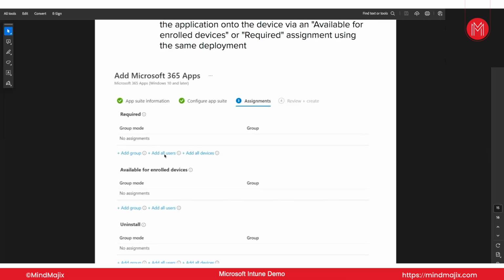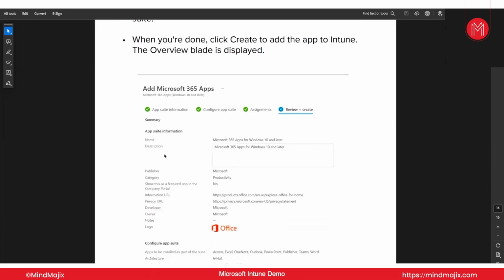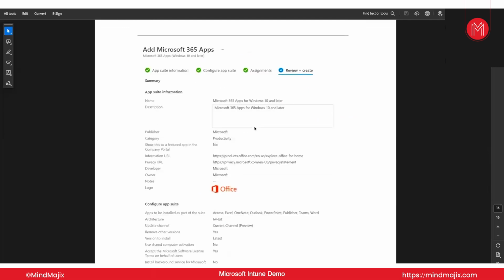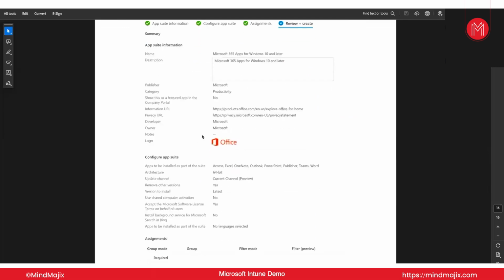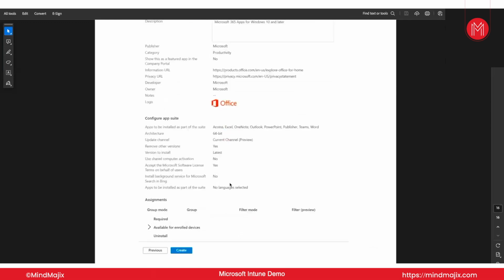If the same device is present in both required and uninstall, it will create a conflict and give you an error. So when you are adding a device or a user to the uninstall group, make sure the device is not part of the required section. After you choose these options, you click review and create, and it will give you a summary of everything you selected, the logos, the architecture and so on, and it will give you an option to create. After that,